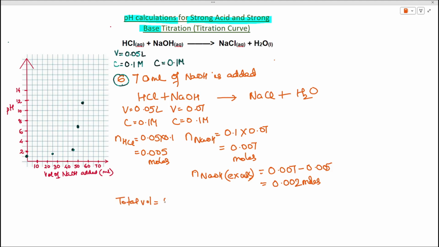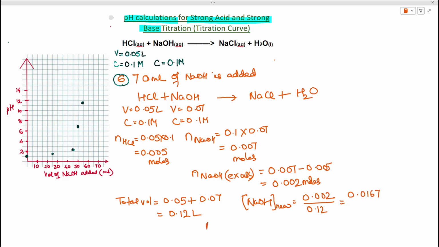So that's going to be 0.05 liters and 0.07 liters being added together. So this gives us 0.12 liters. Now we'll find the new concentration of NaOH, which is the number of moles of NaOH which are in excess, 0.002, divided by the total volume, 0.12. So this gives us